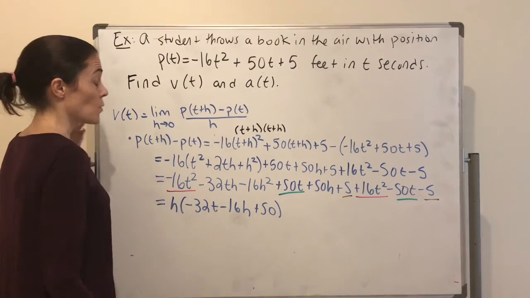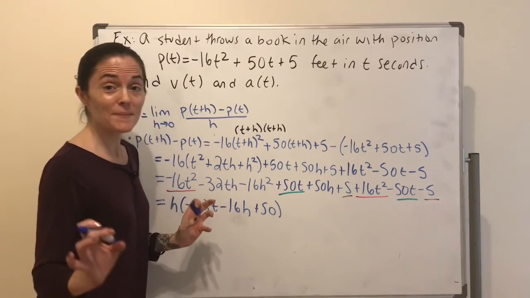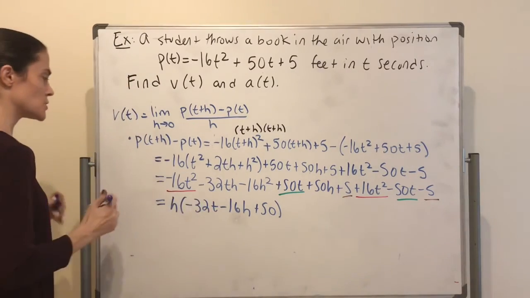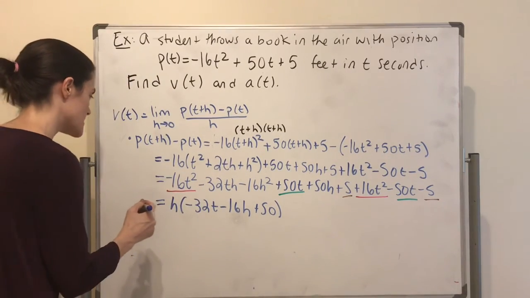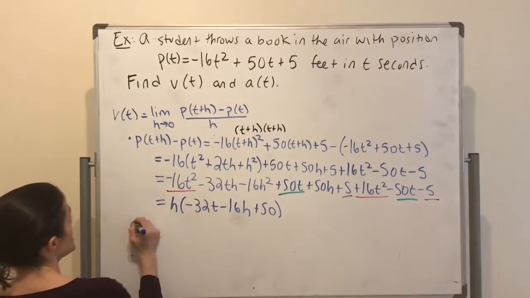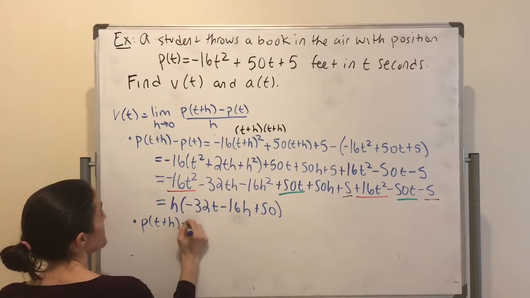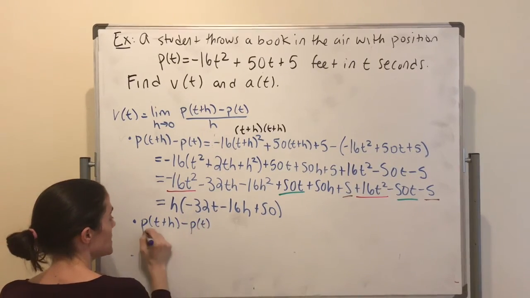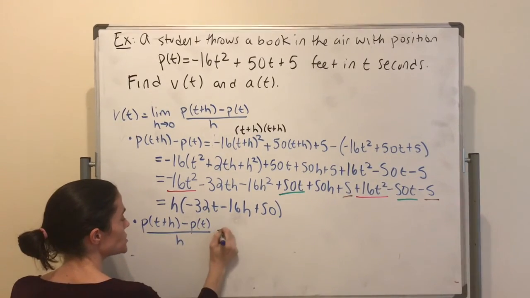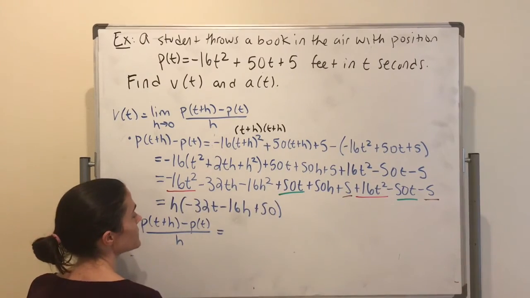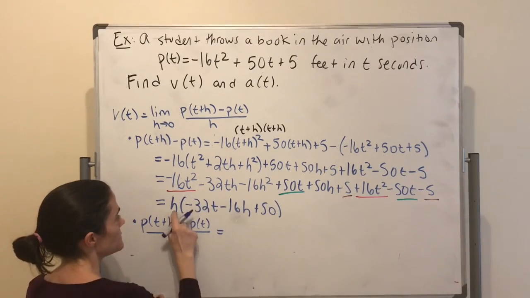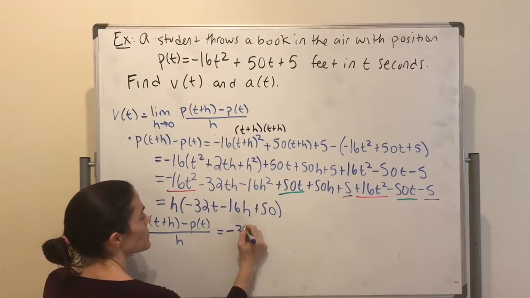Now this is wonderful because remember, this is the numerator. So my next step was I divide by h. So if I want p of t plus h minus p of t divided by h, well, I have this simplified. When I divide by h, I'm left with